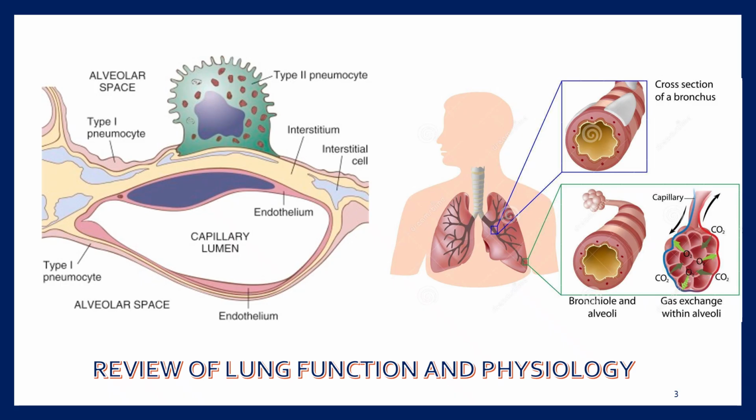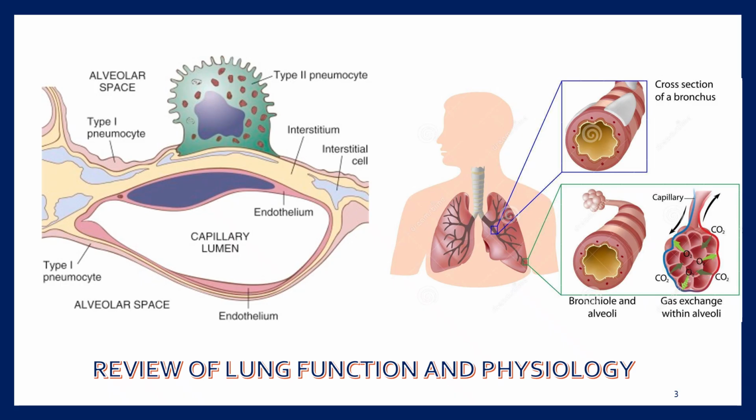They cover approximately 95% of the alveolar surface, and they are designed for gas exchange. Then there's type 2 pneumocytes. These are cuboidal, and they produce surfactant. These are the true heroes of lung stability, because surfactant reduces surface tension so the alveoli don't collapse like sad